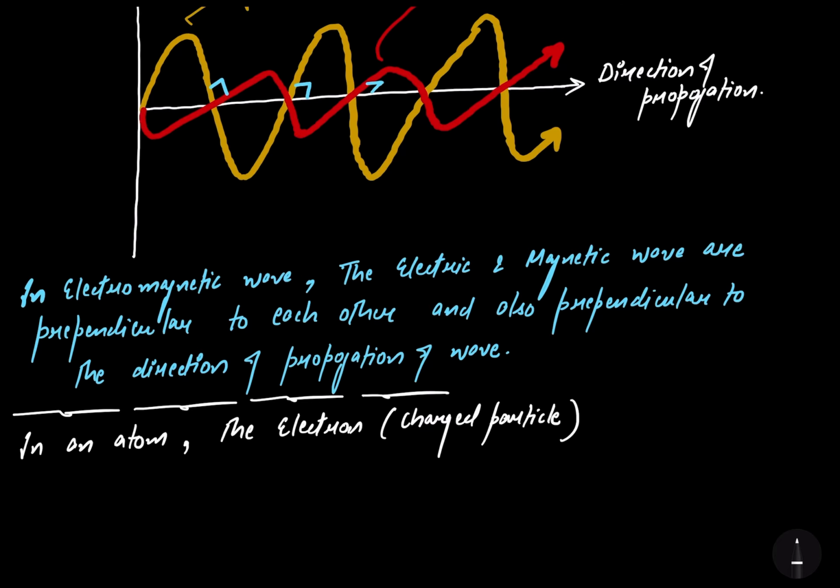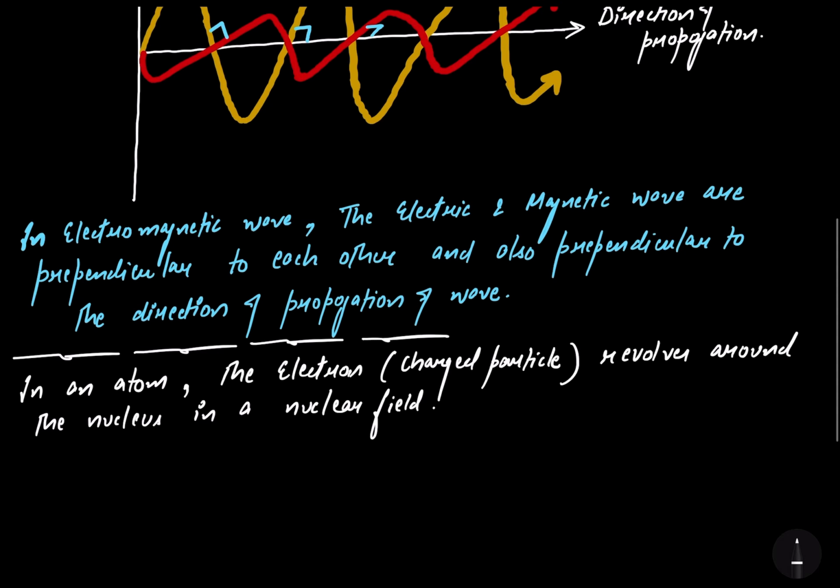The electron revolves around the nucleus in a nuclear field. So, in an atom, the electron, the charged particle, revolves around the nucleus. In a nuclear field, you can easily observe that the charged particle is revolving in the nuclear or magnetic field of the nucleus. So, the electron, due to which